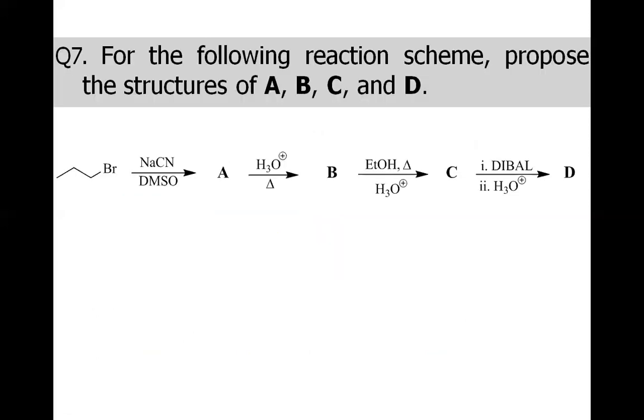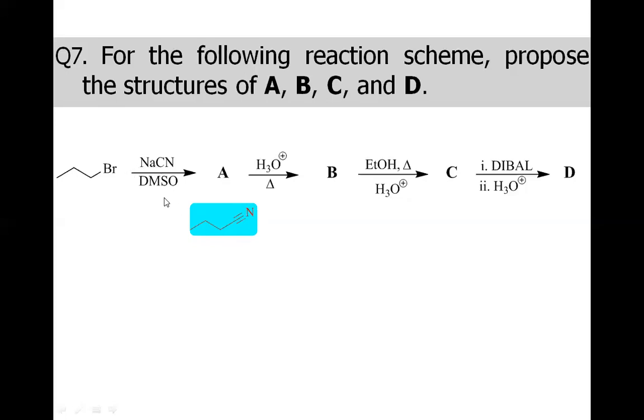Now let's discuss the last question of this assignment. It simply has the reaction scheme, and you are asked for the intermediates A, B, and C, and the final product D. So let's start with the very beginning. We have this propyl bromide and sodium cyanide as a nucleophile, and the intermediate A in this particular case will be simply an SN2 reaction, and the bromine will be replaced with this nitrile. Here it is cyanide, but this is nitrile because cyanide is a negatively charged anion, but this is neutral.